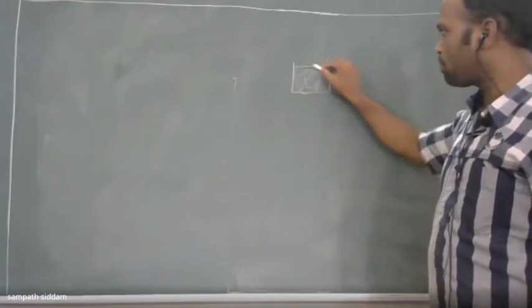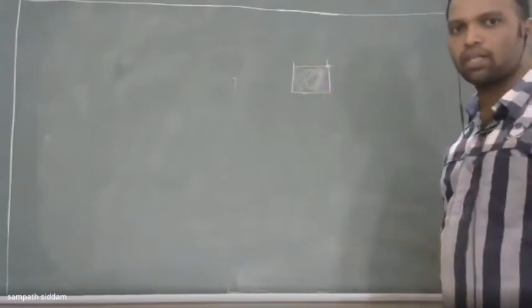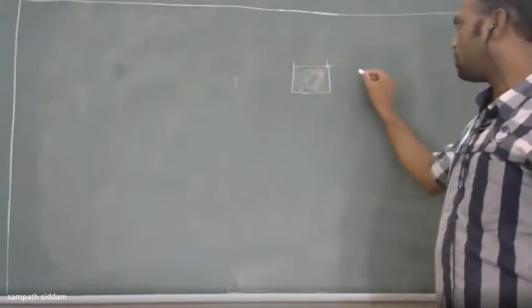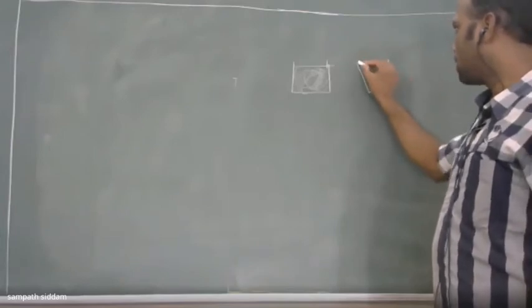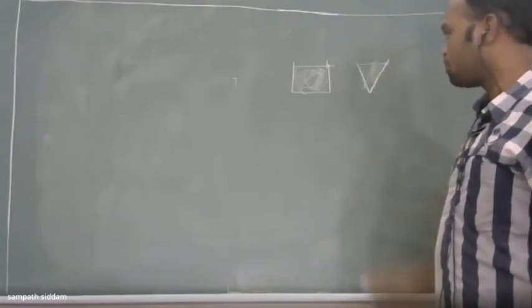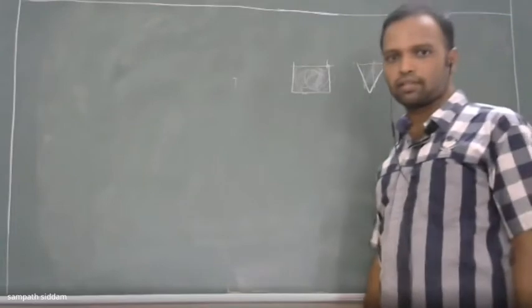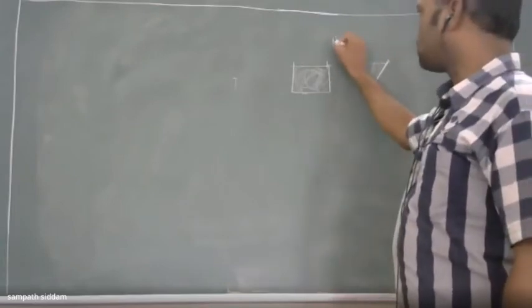Based on the shape of the container, the gas shape will be there in a similar way. Even if you vary the shape, the gas occupies according to the shape of the container. Okay, this is the first example which you consider.